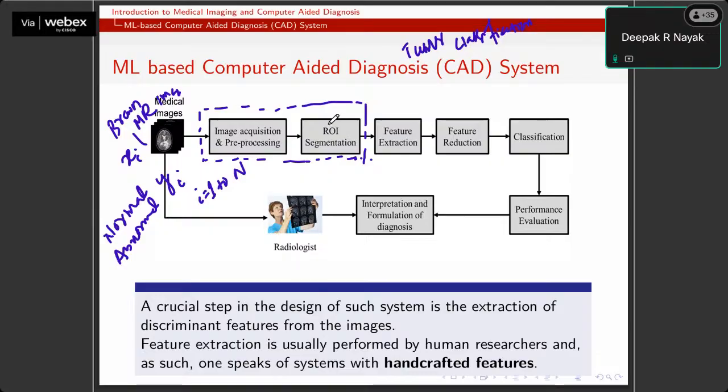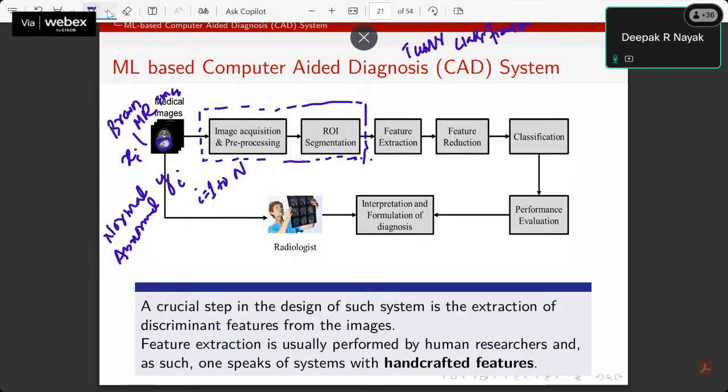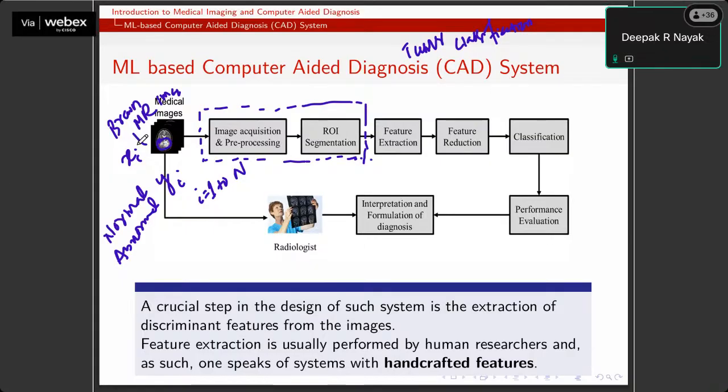Fine. There is one more stage here, known as ROI segmentation, that is region of interest segmentation. Sometimes we don't want to extract the patterns from all over the image. We want to extract only from, let's say, this part, because this is the part which influences the output. That means this is the part where most of the abnormality is present. I don't want to look at other areas where there are some black pixels. You can see this is a whole image with some redundant features. These are not important for us. I want to focus only on this, only on these features.